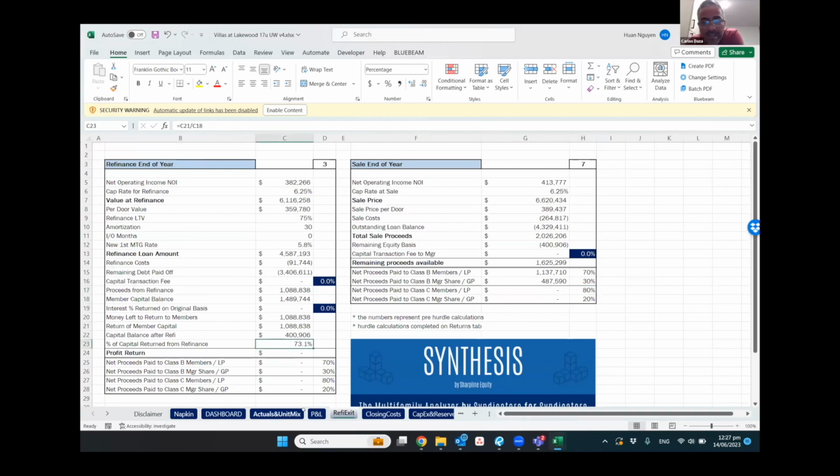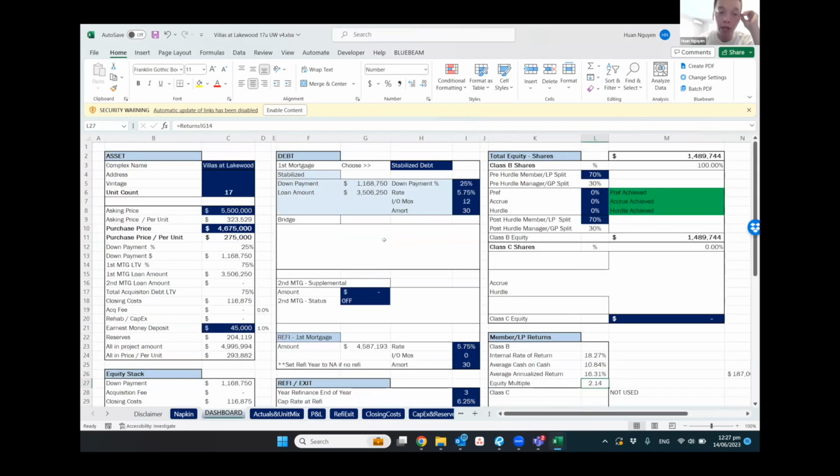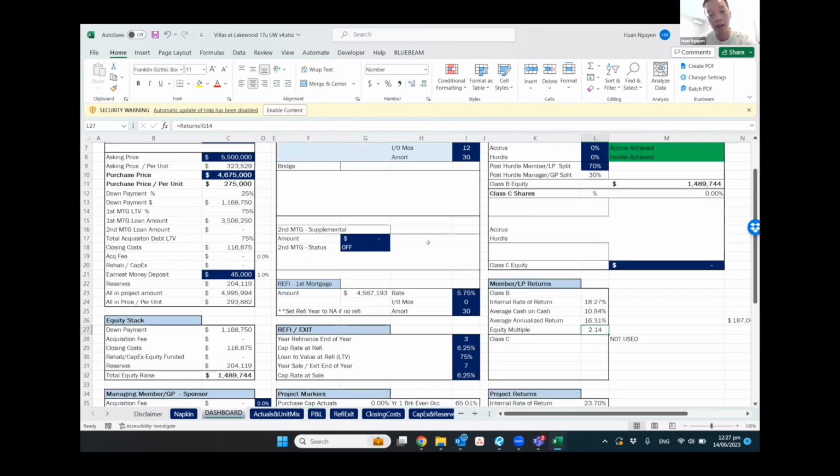73%. Which one is that, Juan? This is the original one where we would buy this one for 4.75 million. Okay, straight buy. Agency loan. Straight, okay. Buy the whole thing without a loan assumption. So like you said, Carlos, in this case ultimately you get the same return at the end, but you get